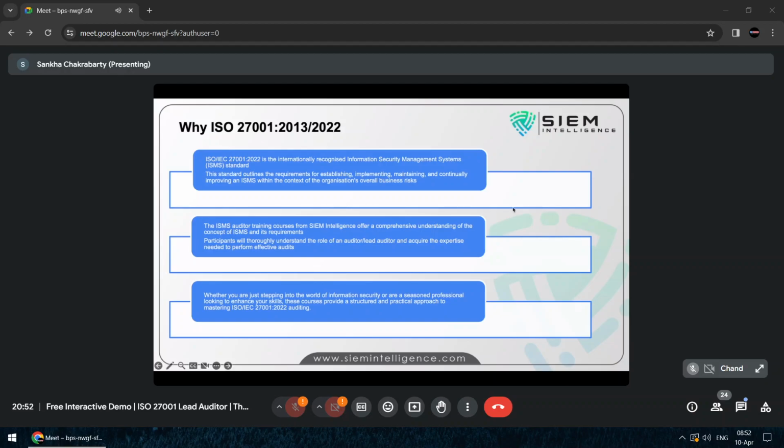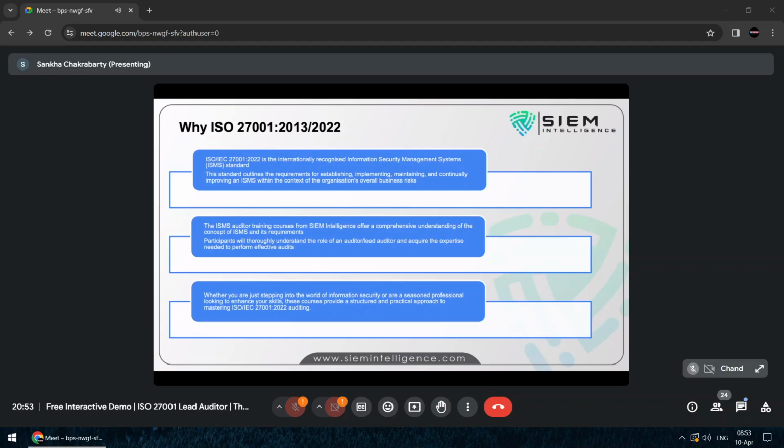Why am I reading these words? Because each and every word is very important. This requirement comes with establishing. What do you establish? You need to establish the scope. You need to establish the context. Then you need to implement. Implement what? The controls, which I'll show you later. Then you need to maintain. Once you implement, done, right? No, you need to maintain it, and then continually improve it, because the market is not stagnant. Lots of cyber threats, lots of ransomware attacks, lots of vulnerabilities are emerging every day of the year. So you need to continually improve.